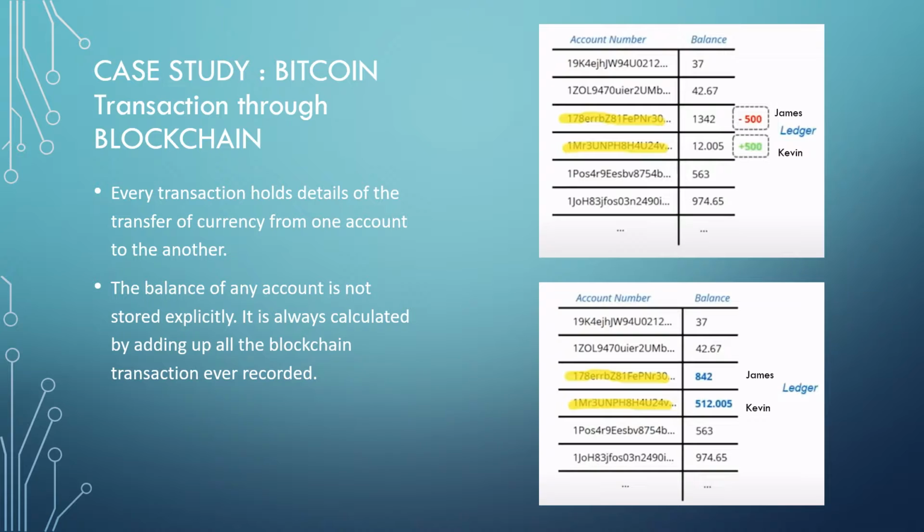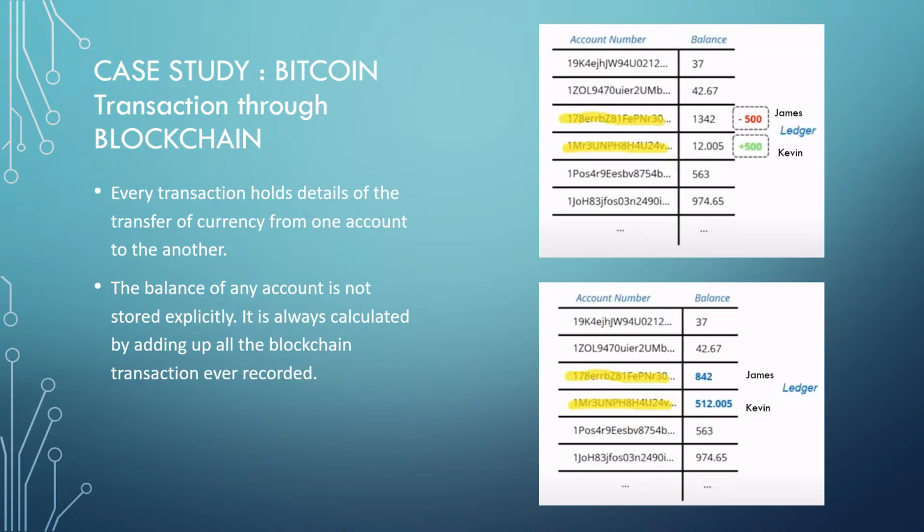The third row holds the account number of James, and it has sufficient bitcoins, as it can be seen on the ledger, for the transaction to take place. So the transaction will take place, and the 500 bitcoins are added to Kevin's account and deducted from James' account. Since the ledger is available to everyone in the network, all the members will be notified that a transaction has taken place. But how is it validated by miners, Robert and Lisa?